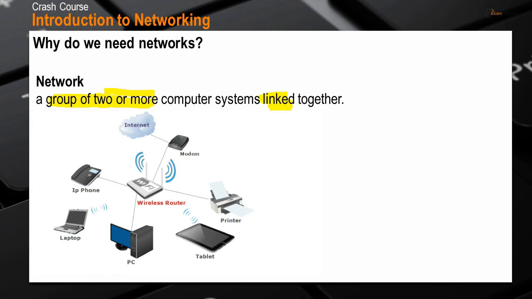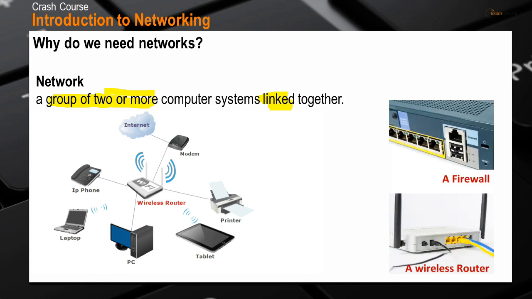And that's what a network is. You have at least two systems that are linked together. They can talk to each other, they can see each other, exchange information. And thanks to that, yes, you can browse the internet, you can go to Facebook, and of course, you can access all local files and documents as well.